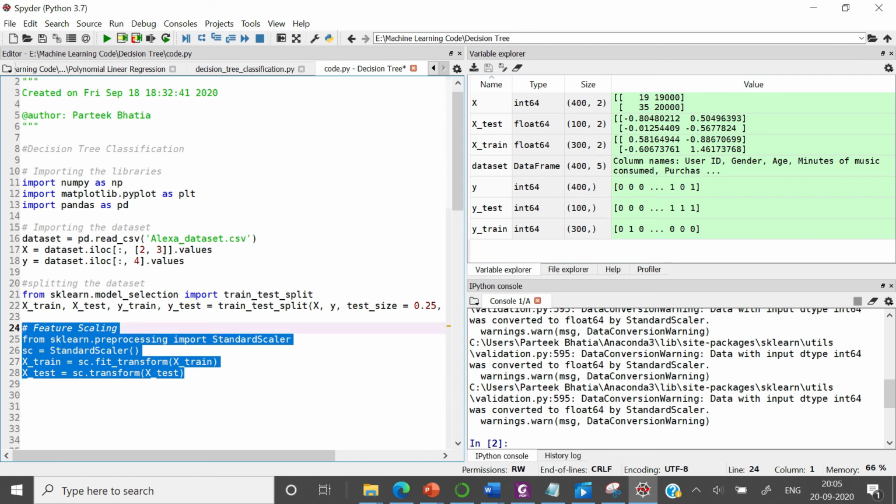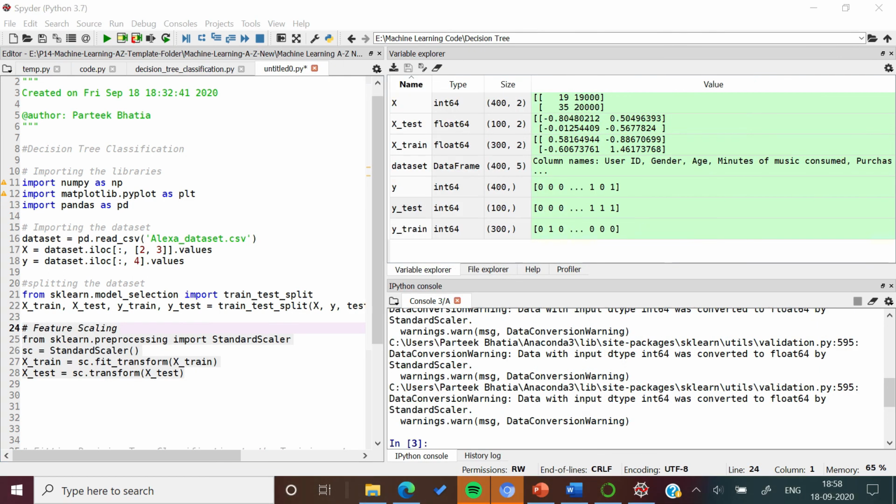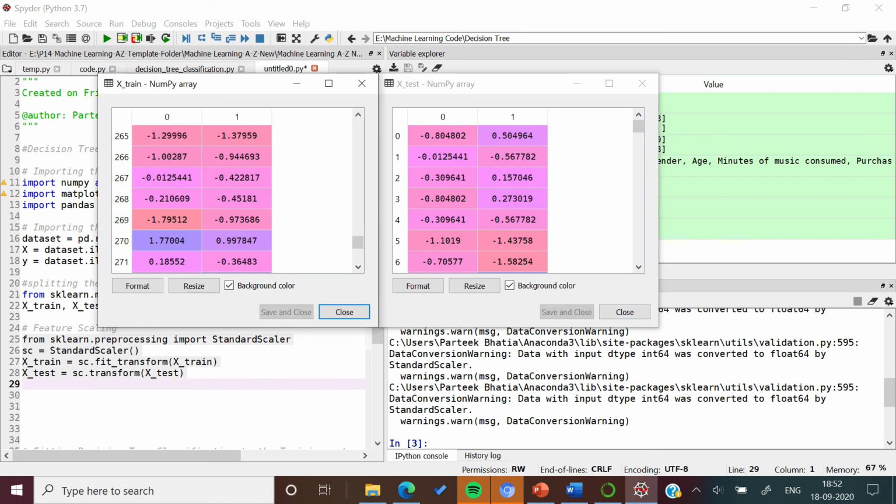We have discussed the concept of normalization to make you familiar with this technique of feature scaling. This is all about this session. Since our data has already been scaled and pre-processed, now we are ready to build our model. And in the next session, we will build our decision tree model on this dataset. This is all about this session.